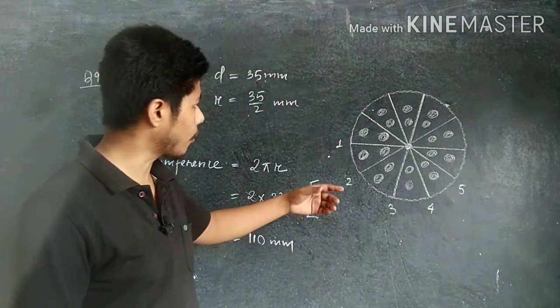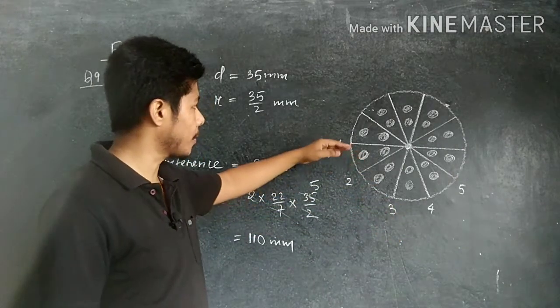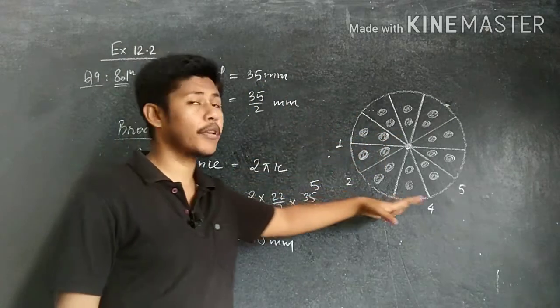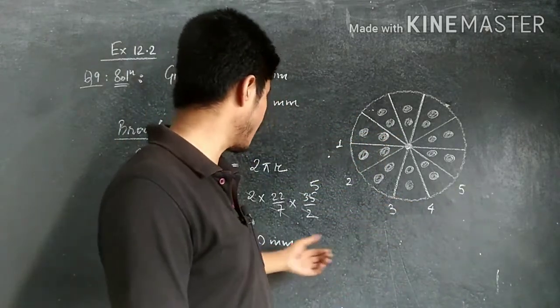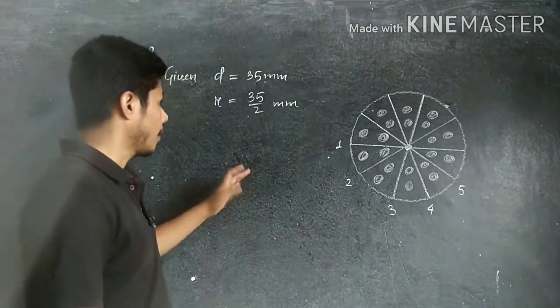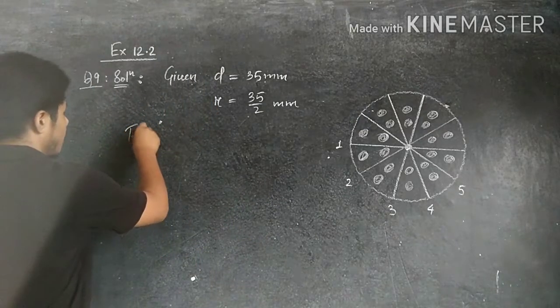So how can we find the total length? We have to add these 5 diameters also. The length of each diameter is how much? 35 mm. So that's why for 5 diameters, we have to do 5 into 35 mm, and add it with this 110 mm. If you see the total length now here,